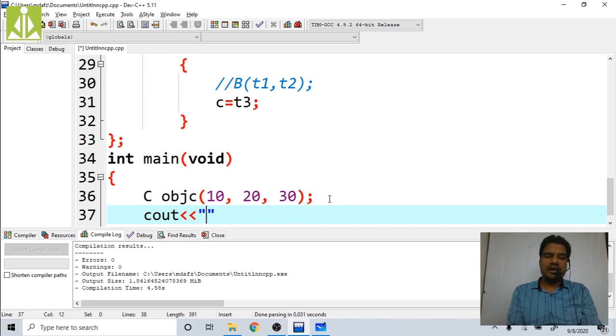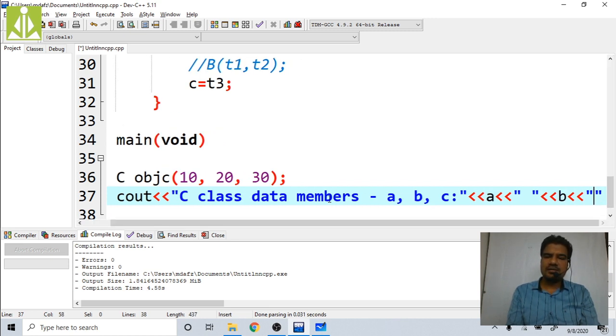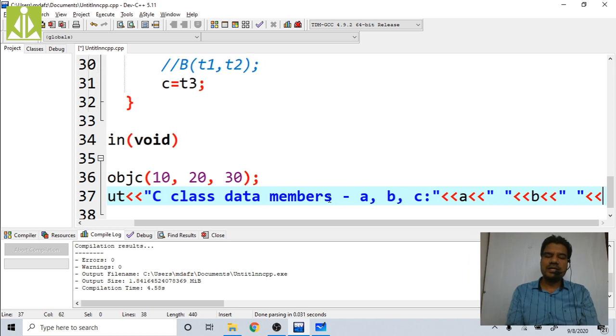C class data members. So what are they? C class data members, A comma B comma C. So first we have to print the A value, then take a space, after that print the B value, again take one more space, and finally print the C value.